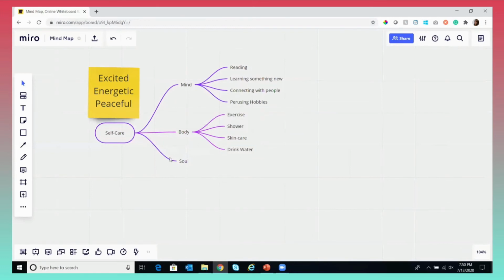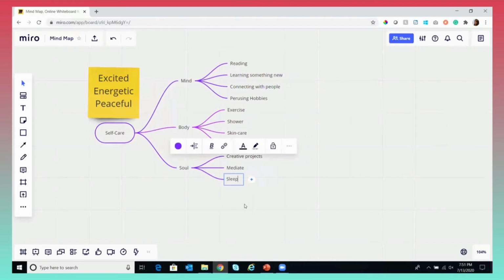Okay, now coming to the last one. So let's see. What can you do to make your soul feel more peaceful? Let's think. Creative projects, at least that makes me feel peaceful. So I'm going to put that. Meditate. Last thing, sleep well. Okay, so